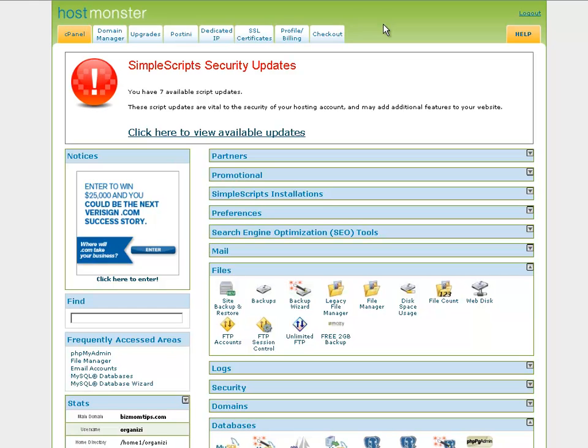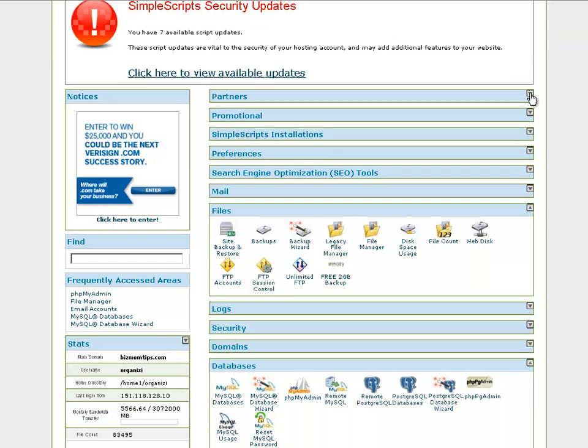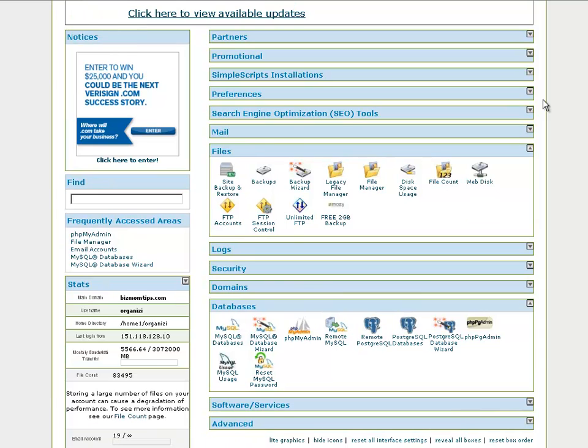The easiest way to do this is to use your control panel based upon whichever host you have. I'm using HostMonster, and what I've done is I have gone through and minimized all of these things that I normally don't use. There's several things that I only use once in a while. Probably the most used, other than the ones that I have showing right now, would be the one for Simple Scripts installations. Come down to the bottom where it says MySQL Databases, and what you're going to want is the